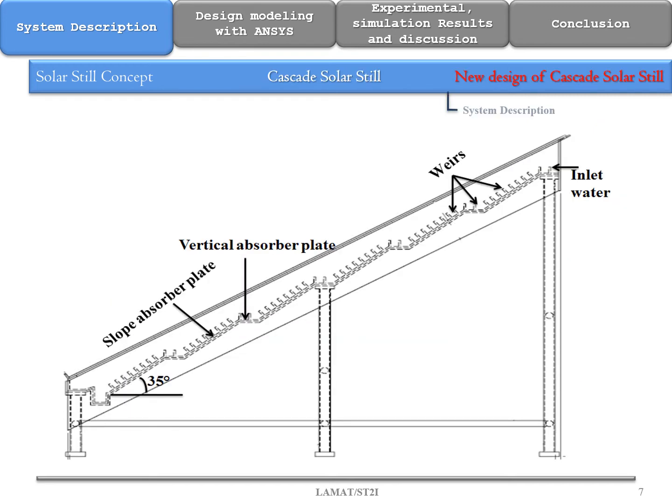The ordinary form of cascade solar still had an absorber plate with horizontal and vertical surfaces, and the angle between the two surfaces was about 90 degrees. So in the new design, the vertical surface of the absorber plate is inclined at an angle of 35 degrees for better orientation relative to the sun. So our design consists of horizontal and vertical inclined type absorber plate, and the angle between the two surfaces